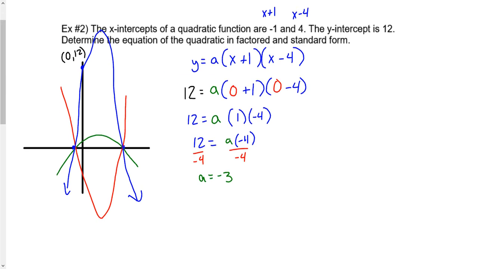So simply by plugging our a value back into here, we'd have a factored form of y being -3, x plus 1, x subtract 4. So there's our entirely factored form, where our x-intercepts would be the -1 and the positive 4, and we can go from there. But I also want to do things in standard form,